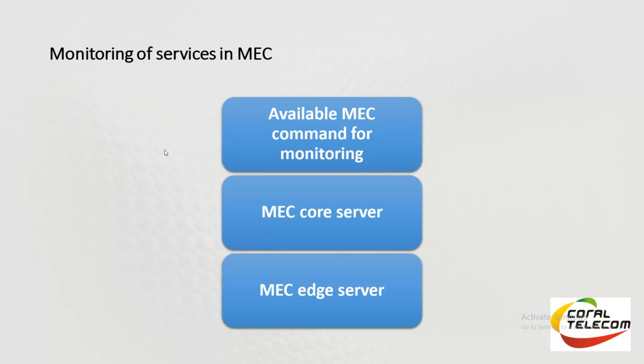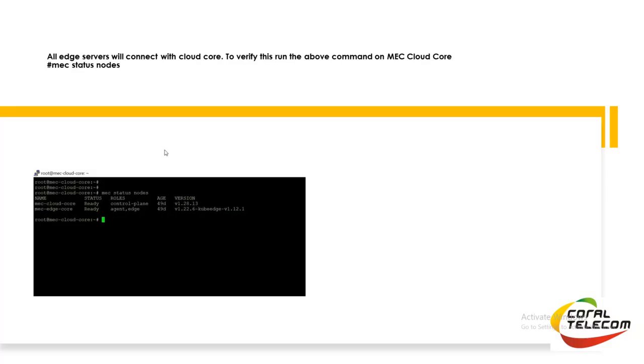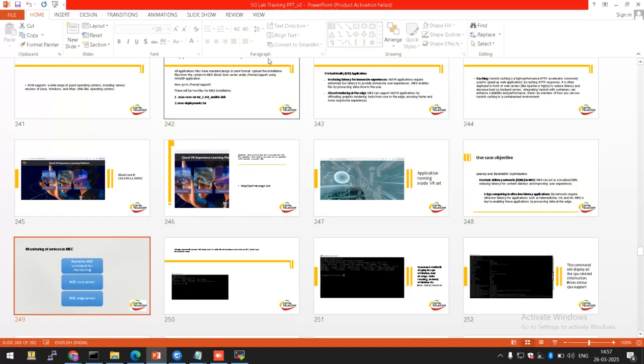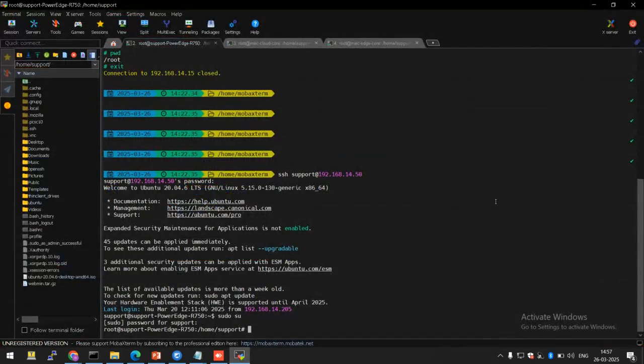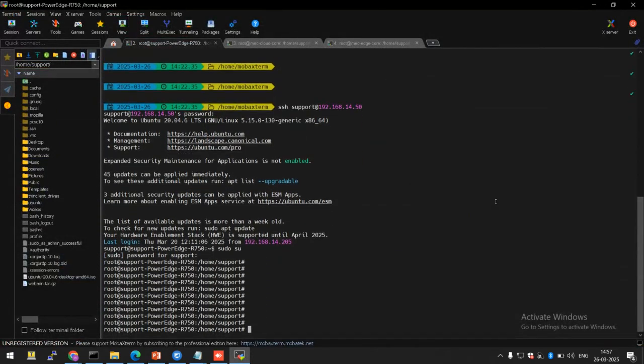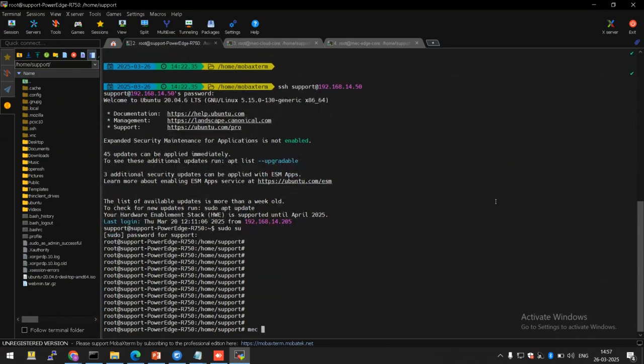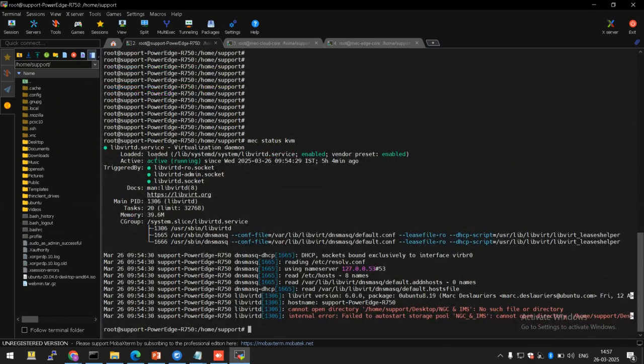So now, moving to the next section on how we can monitor the services in a MEC server and MEC edge server. For this, let's go to the server side. So this is a host server. So you can see